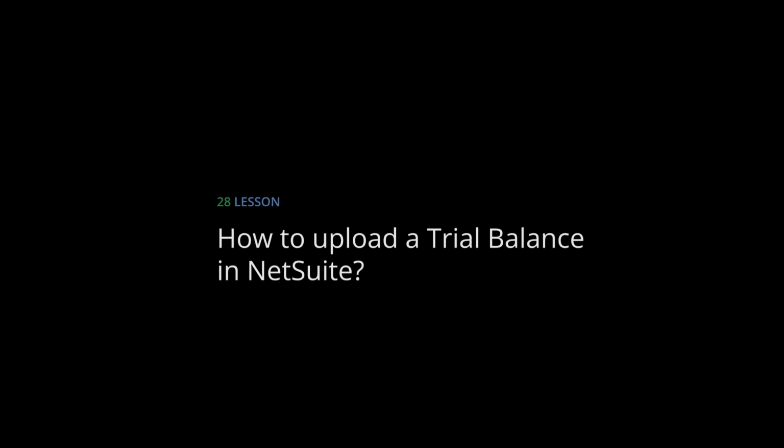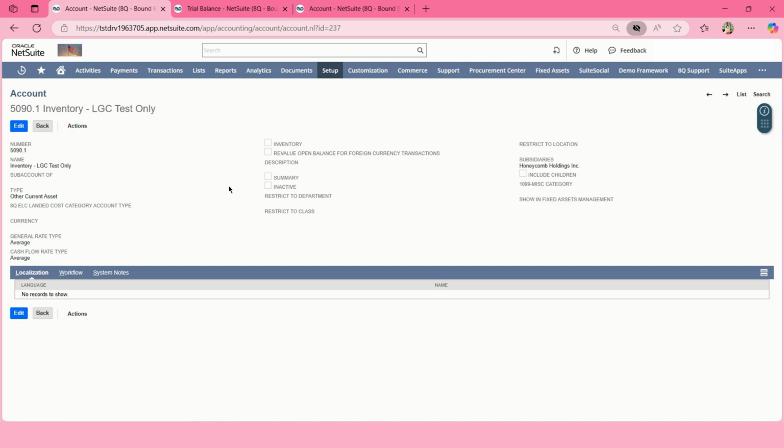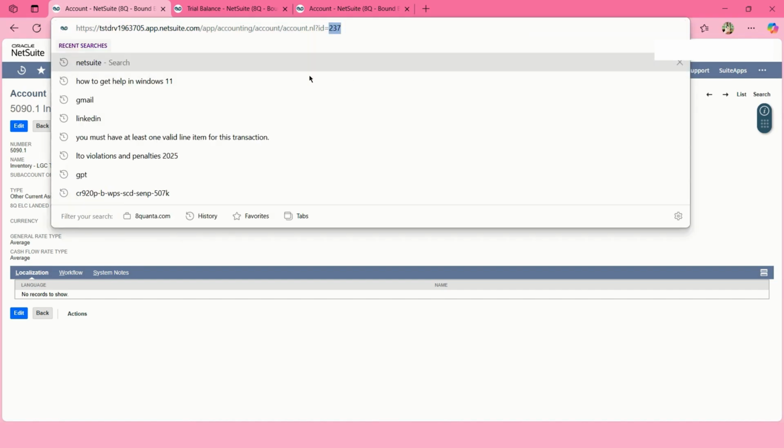In today's session, we'll walk you through how to upload a trial balance in NetSuite. Let's take a look at the account we'll be uploading as part of the trial balance. Be sure to note the account's internal ID, as this is what we'll use to map the data correctly in